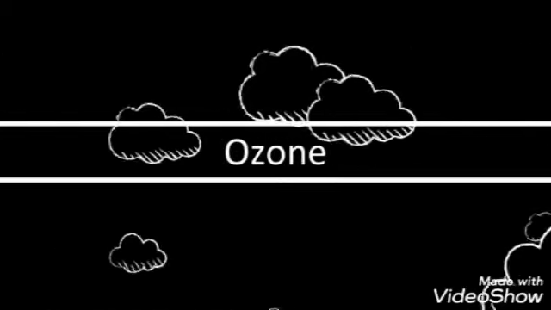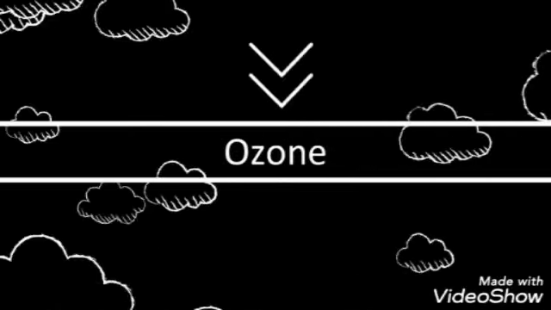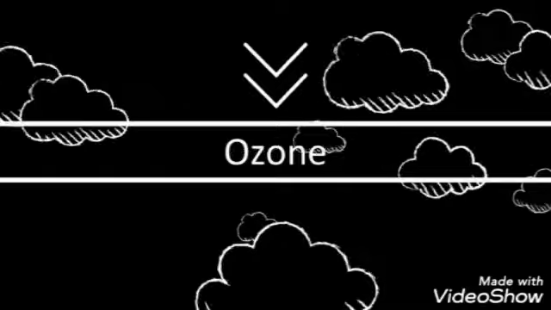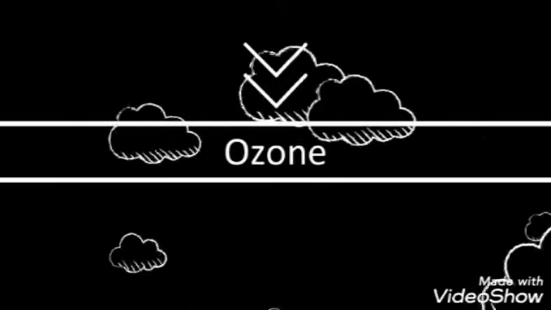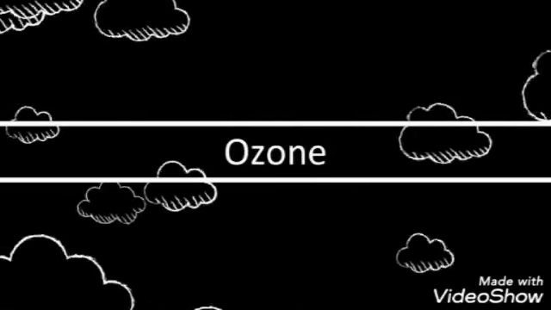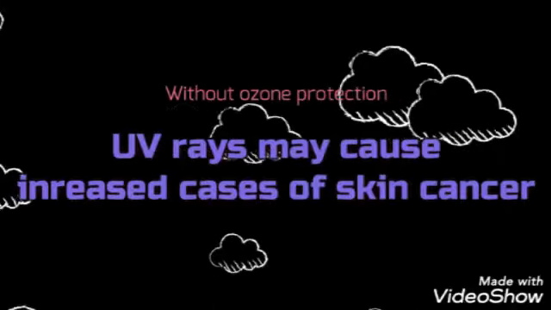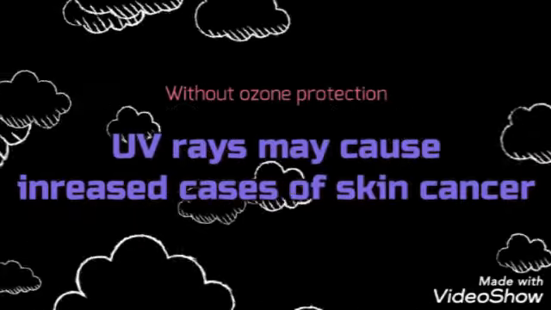The temperature increases in the stratosphere because of the ozone, which absorbs the ultraviolet radiation that is concentrated in this layer. The ozone is extremely important for us humans because it absorbs ultraviolet radiation from the sun. If the ozone was not around or if it decreased, there might be an increase in skin cancer.